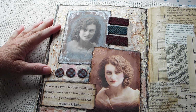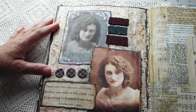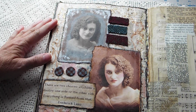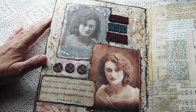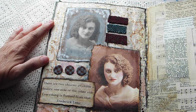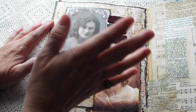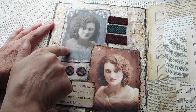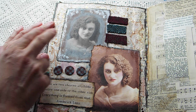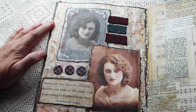She did a transfer onto the duct tape, which made it look like an actual glass mirror, and I could not get it to work. It involves lots of rubbing very lightly for hours on end, and I just kept rubbing through it. And so I just printed mine. I scanned the image and printed it,